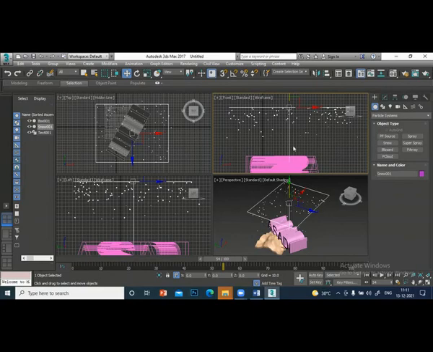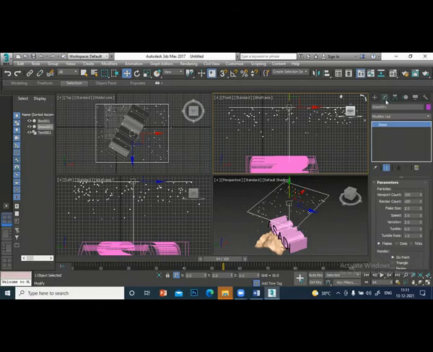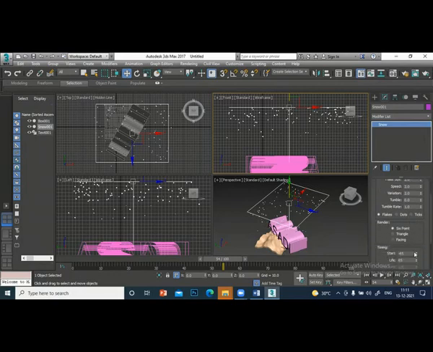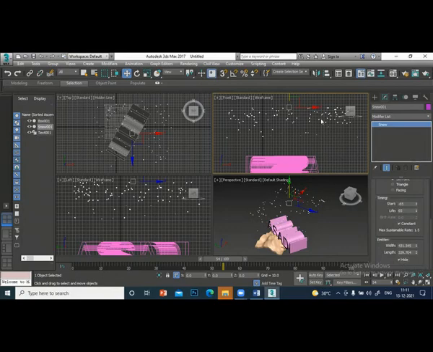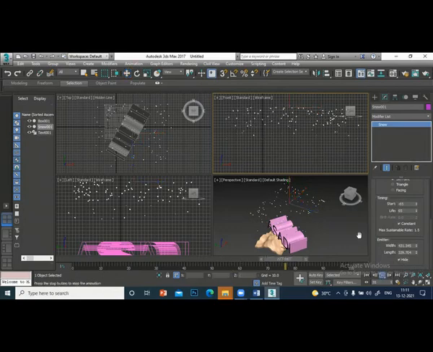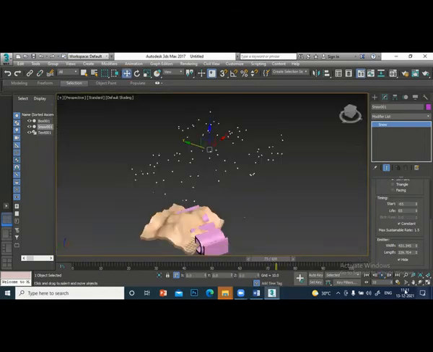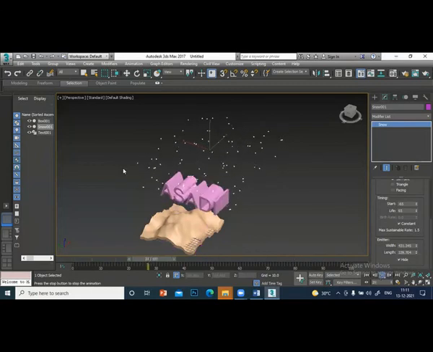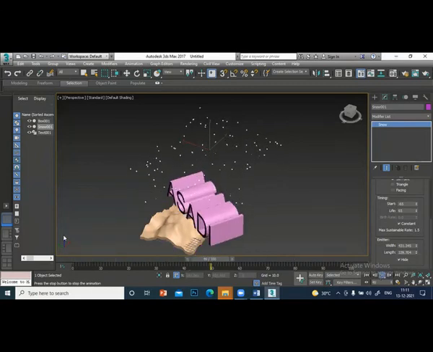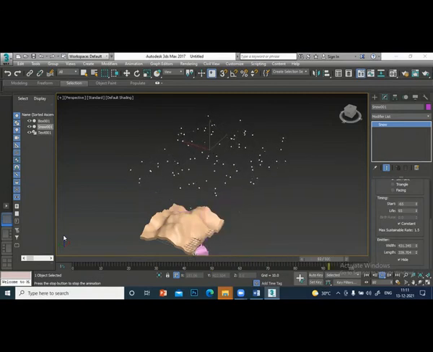Now I can't get the parameters of this, so go to modify, you get the parameters again. This rectangle line I don't want. I will hide it. I have hidden this. Some snow falling, you see.